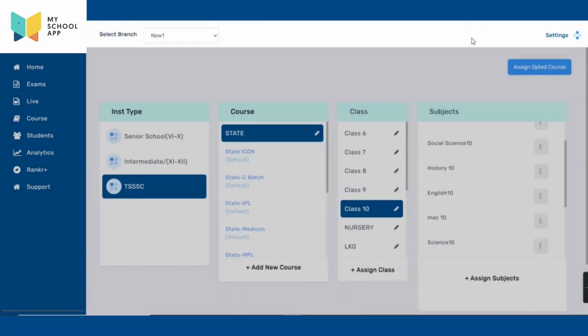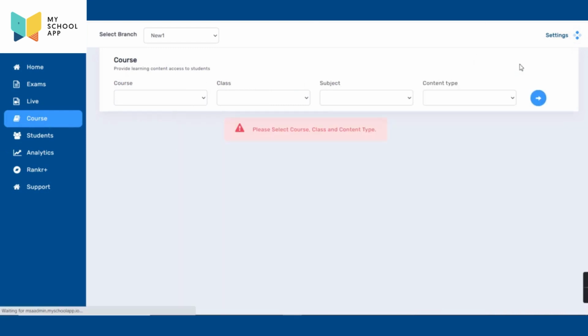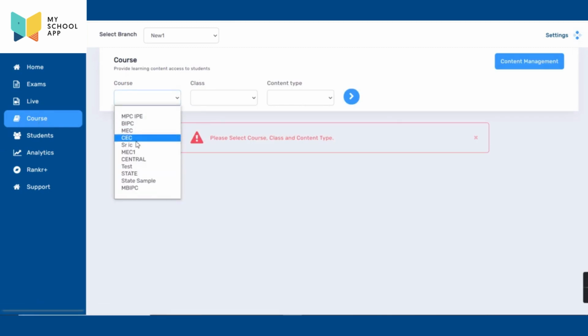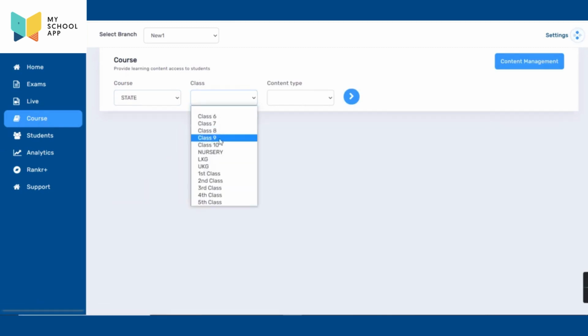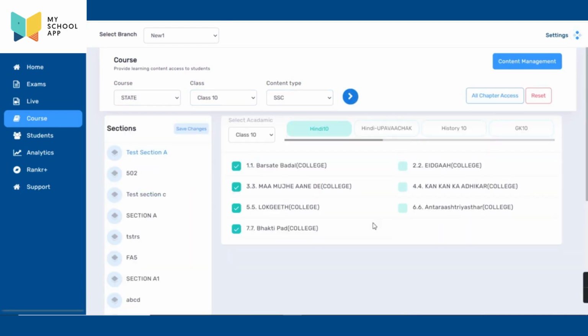In this subject, if you want to add your subject course material, you can add it here. And if you want to lock chapters also, you can select the syllabus, 10th class. See, here you can see for the section, these are the chapters. If you want to give all chapter access, you can click on this. All chapters can be accessed by the students, or else you can reset here, select one chapter and give access to that only. Only then can the student access a single chapter. This is how we do content management and adding subjects.